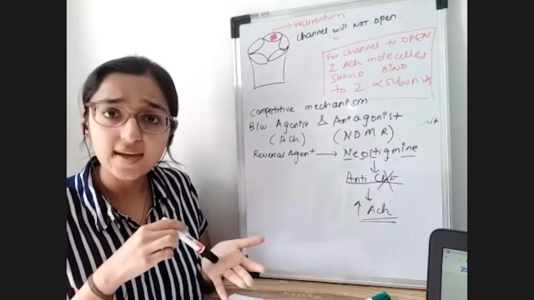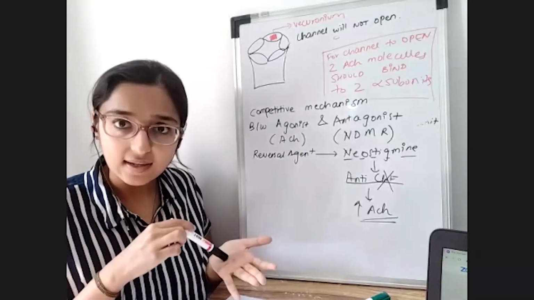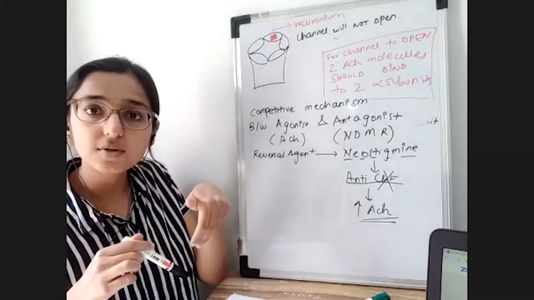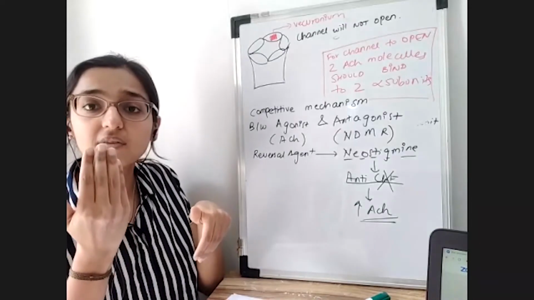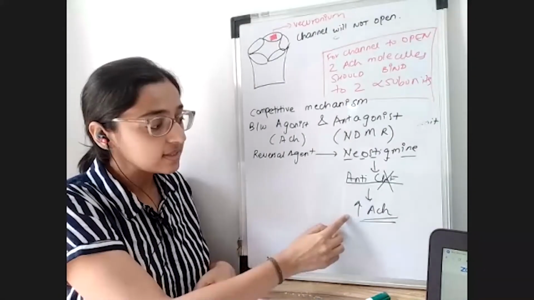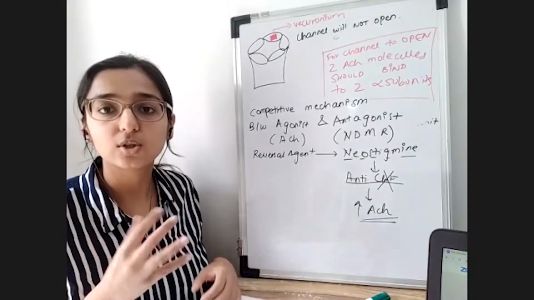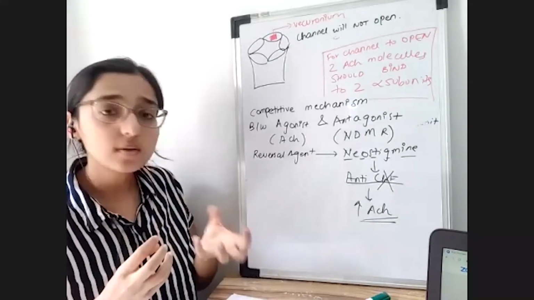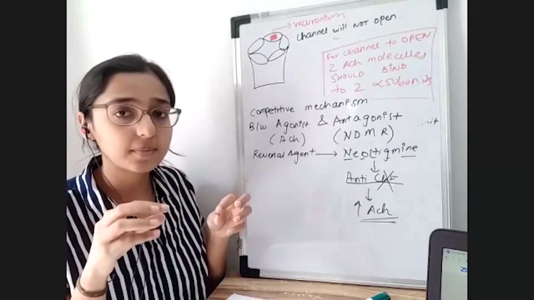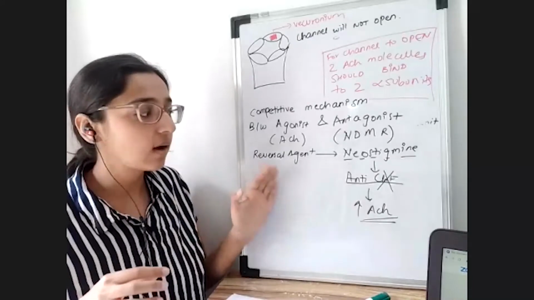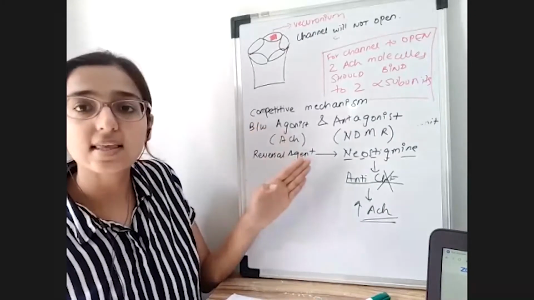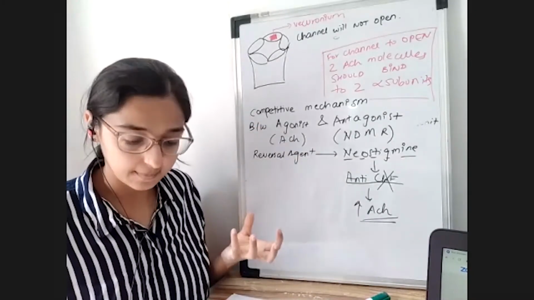All right. So hence, because of this continuous metabolism of the relaxant, the concentration of the relaxant in the neuromuscular junction has now dropped. All right. So there's a drop in the concentration of the relaxant, whereas there's now the increase in the concentration of acetylcholine in the neuromuscular junction because we have given the drug neostigmine. All right. So this sudden burst and increase of acetylcholine in the neuromuscular junction will now have a competition. So it will competitively displace the remaining relaxant which is occupying the receptors, and it will go and occupy those spaces, and that is how the reversal agent works, and that is how we know that there's a competitive mechanism between the agonist and the antagonist for the acetylcholine receptor.